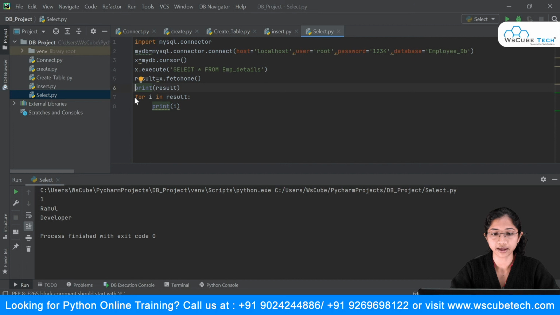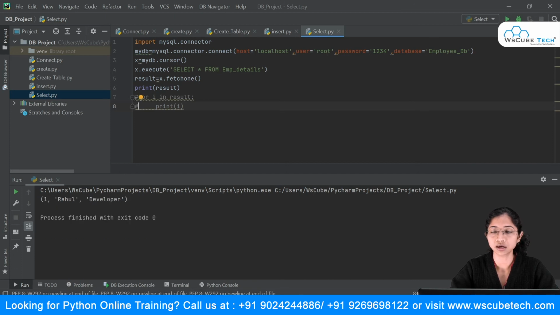It's all up to you whether you want to make use of the for loop or not. So if I comment this and say print, because this is only a single tuple we are getting over here, you can simply make use of this fetch one, and this will fetch a single record, the first record from your table.